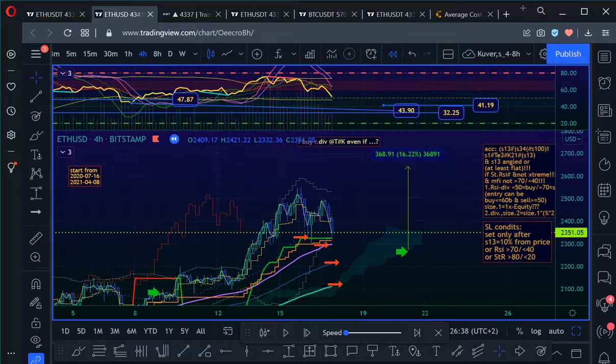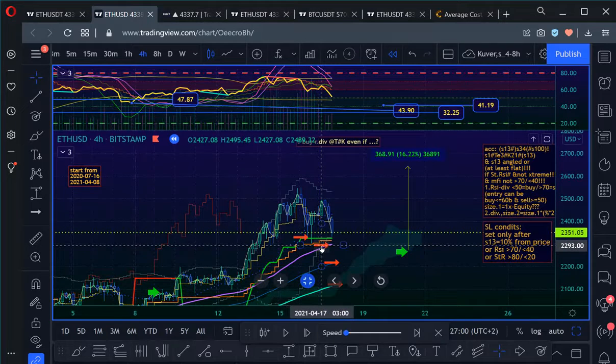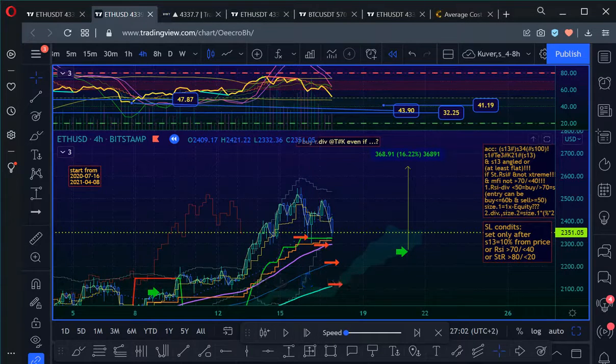So, this is part 2 of Kuver's 8-hour strategy on the 4 hours. And we kind of left off here, and we haven't discussed the stop loss if the trade goes against us. And I think we will explore this to some extent today. So let's see. And also there's a little something which I should mention here,